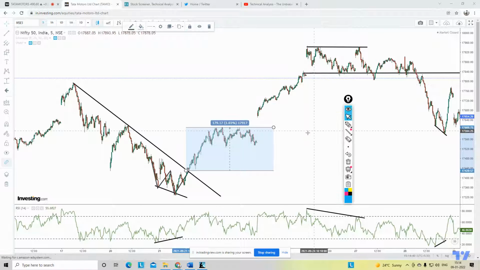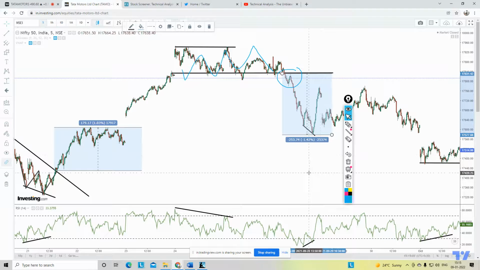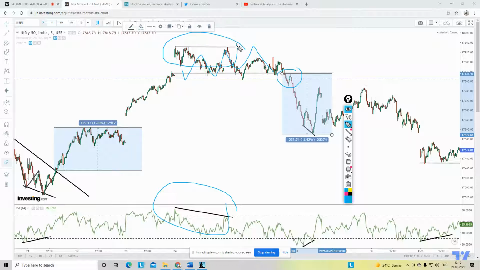Now moving ahead, again you see the price was consolidating over here, right? This was a triple top, and the RSI started forming a negative divergence. And the moment it broke this range, which was the support in the range, you see it broke the multiple supports, and again we had a rally of 253 points, correct? So once we understood that it formed a divergence right here at the top, a triple top, you can keep this as a stop loss and you can take your shorts, correct?